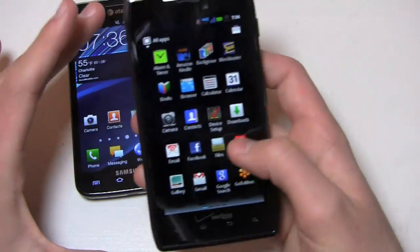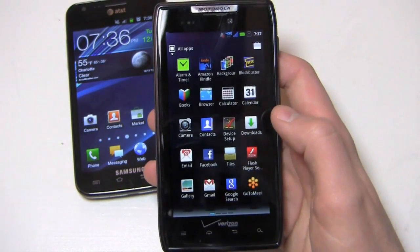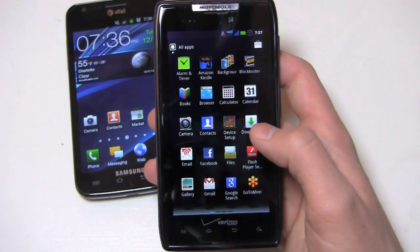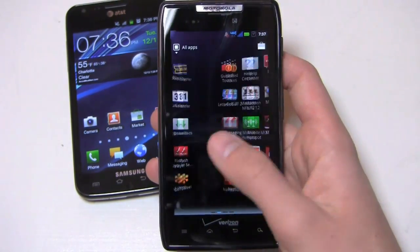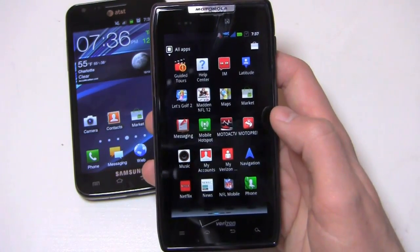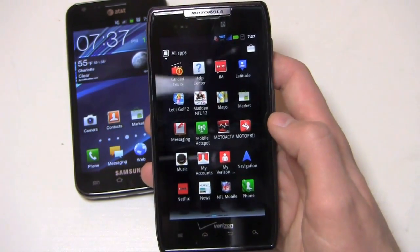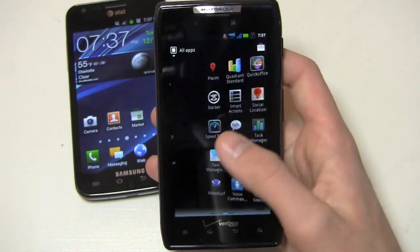Now over on the Verizon side, you do get some Verizon bloatware. Unfortunately, it's not able to be uninstalled. Verizon does kind of lock that down on the device in partnership with Motorola. So you can see Amazon Kindle over here, Blockbuster, you get Device Setup, you get GoToMeeting out of the box, you get Guided Tours, IM, Let's Golf 2, Madden NFL 12, Moto Active, Moto Print, which are obviously both Motorola applications, My Verizon Mobile, you get Netflix, NFL Mobile,